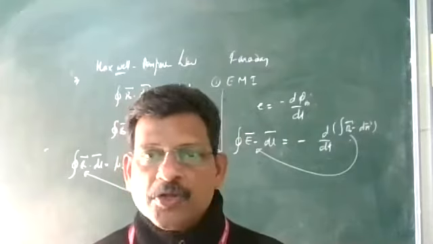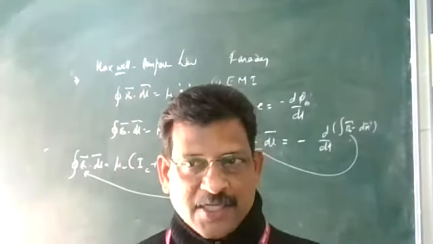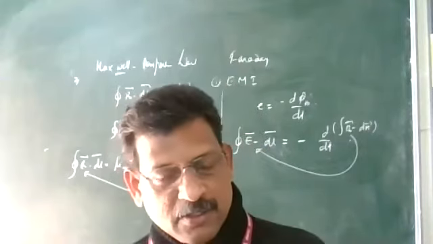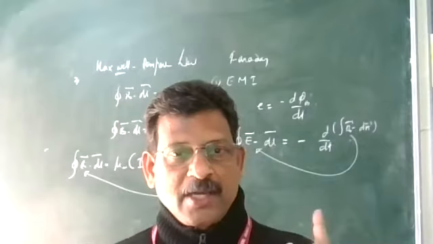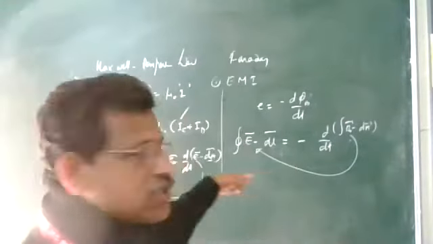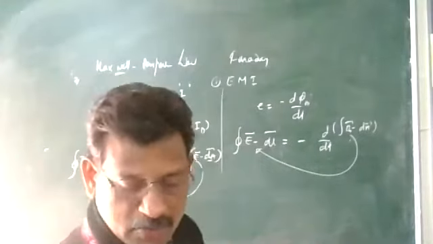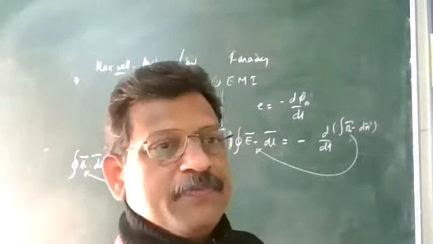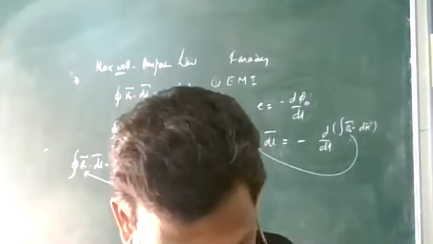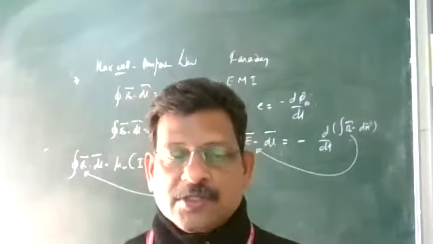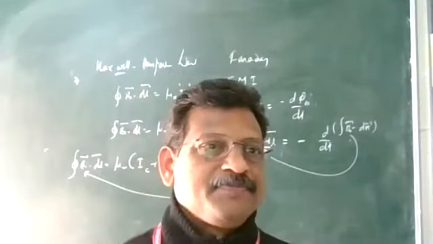This can be produced by an oscillating charge, as in the LC circuit we have seen, an oscillating and accelerating charge. So for an accelerating charge, these two equations will automatically take place, and an electromagnetic wave is produced. The existence of EM waves was predicted by Maxwell,